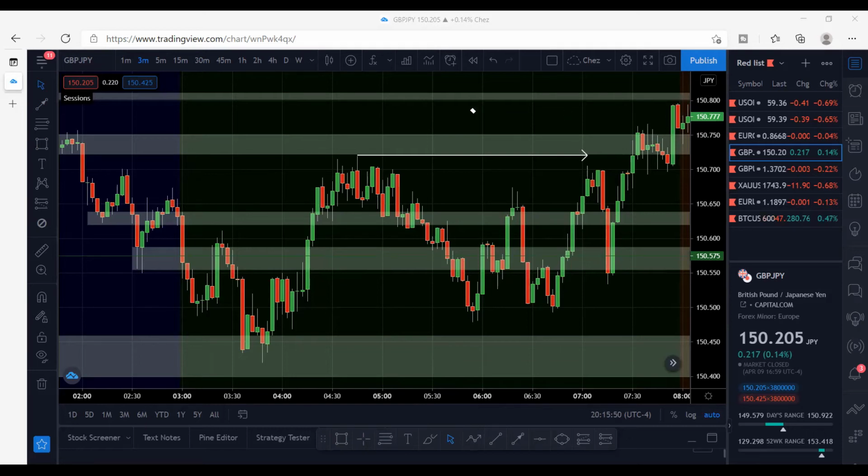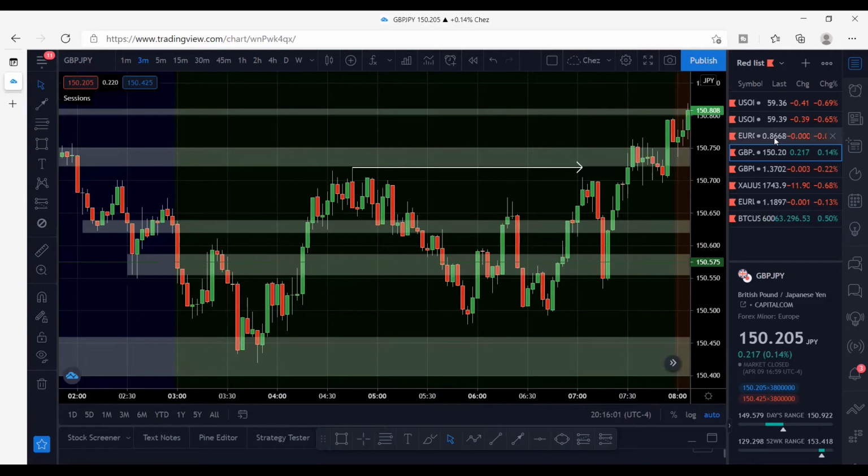Okay, so let's go and see. Okay. We still have this area right here, maybe. So these are the dilemmas that we have. We have this area right here that may be clear. Normally, I would have still taken the trade once I see price broke above here. But this area right here